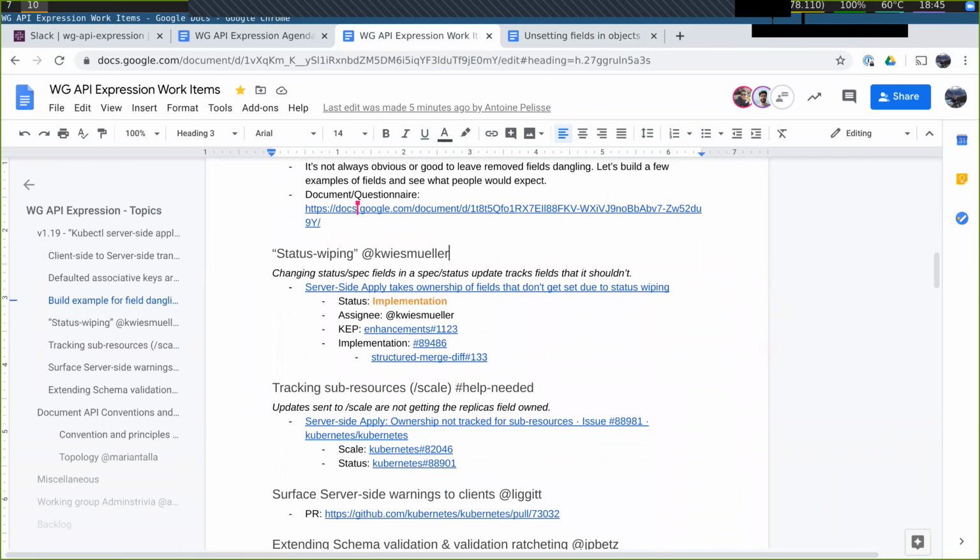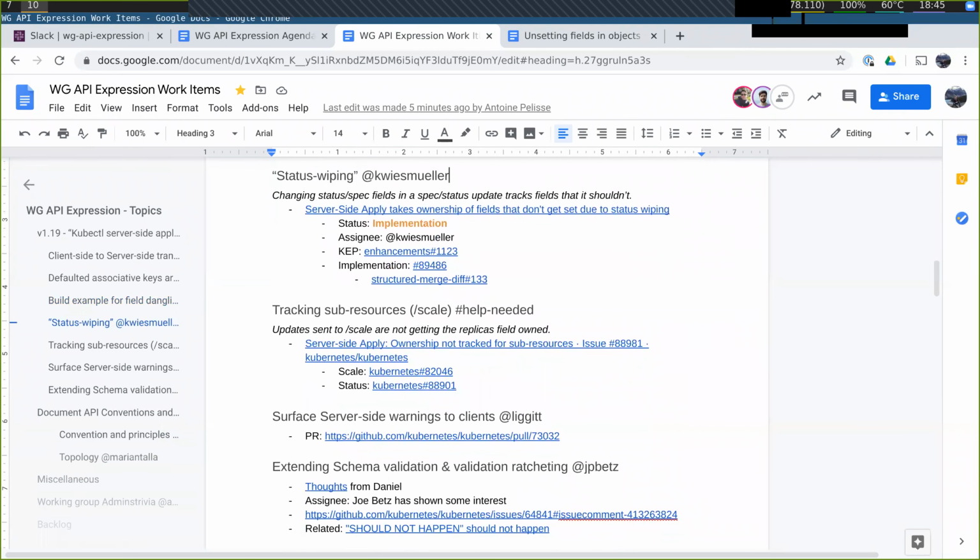Okay. Next one is status wiping. I updated the description in the SMD PR, Daniel, if you want to look at it again. And I put the new changes from SMD into the Kubernetes repo and used the versions correctly now. So if anybody wants to review the stuff in Kubernetes before I go on and do it for every field type, for every resource type again, I'd be glad for that. So you're waiting for a review on this, right? On the SMD, yes, and